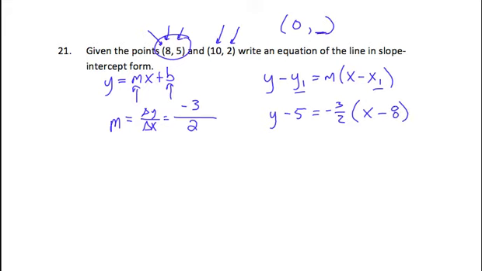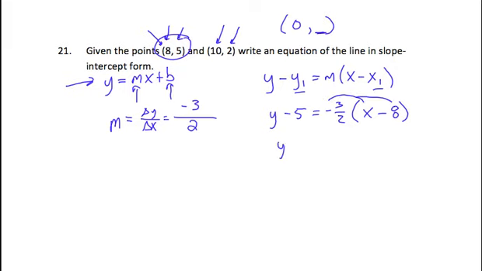Okay? What I need to do now, it's in point-slope form, what I need to do now is get it over here and make it look like this. Get it in slope-intercept form. Once I get it into slope-intercept form, I'll know I've answered the question. We wanted to write an equation in slope-intercept form. So let's see. I would start by distributing this -3/2 to each of these